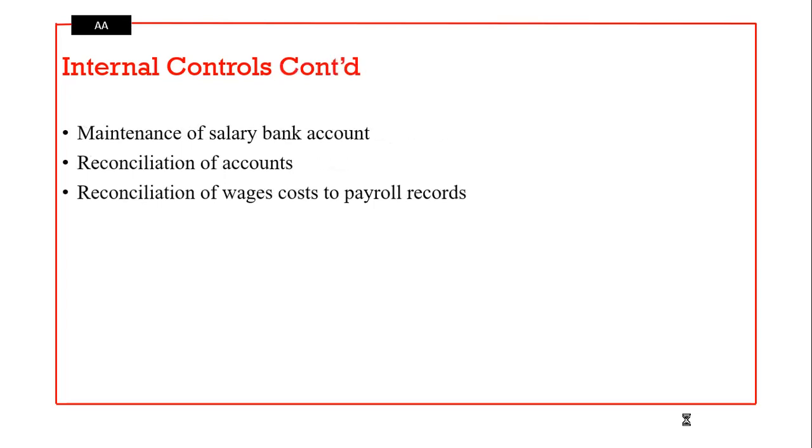There must be maintenance of a salary bank account. I think that companies do encourage their employees to have a bank account to which they can transfer their salaries, and also the company itself must have an account from which they pay out salaries. Reconciliation of accounts must be prioritized, all right? And then so if there's a change in, let's say, your employee's account, that should have the information so that you make the changes. There must be reconciliation of wages cost to payroll records, and so on and so forth,